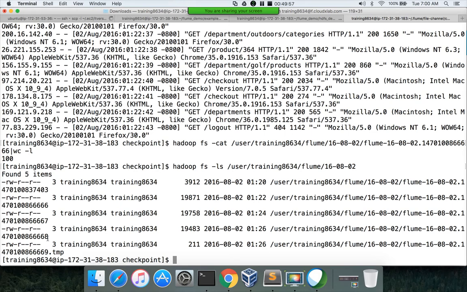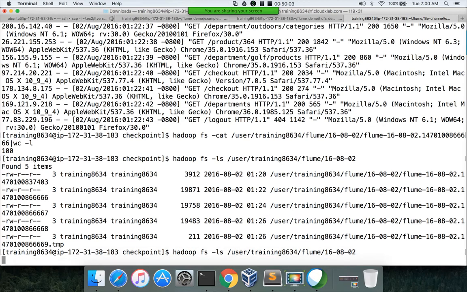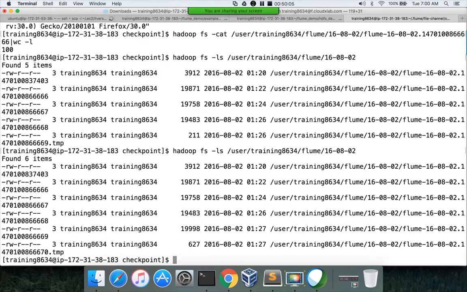Okay, so now you can see that there is a temp file with 69 running. If you wait for 2 minutes, it will roll into a different file and a new temp file will be generated. You can see it here. So at 127 a new temp file is generated. The difference between 26 and 27 is definitely less than 2 minutes. The reason is 100 messages, which is set as roll count, is reached before 2 minutes. That's why we have started seeing a new file here.